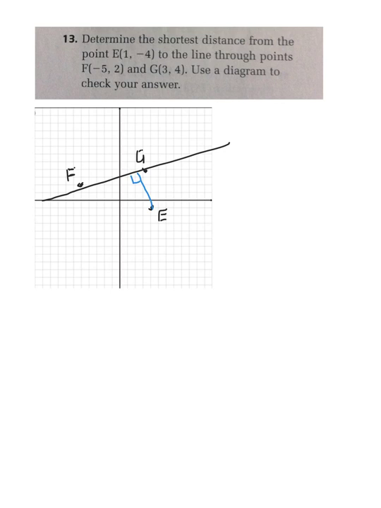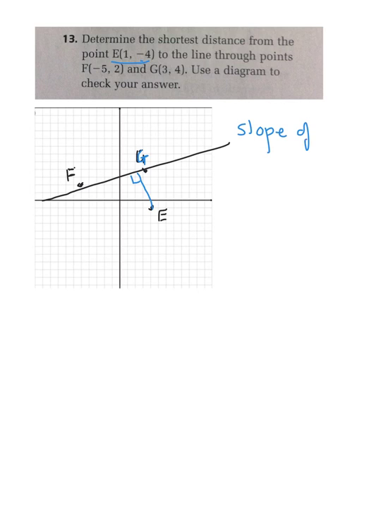So the question says to find the shortest distance from point E, which is here on the diagram, to the line through the points F and G. So I've drawn the line through F and G. Can't quite see what G looks like, but anyway. So the first thing we're going to do is find the slope